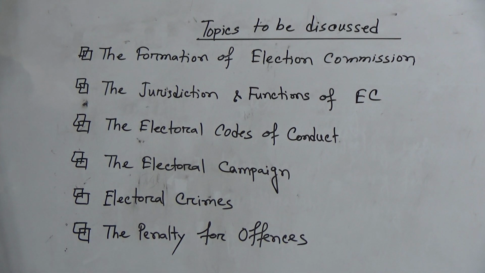Now we will learn the penalty for these offenses. What are the penalties? A person who is guilty of such corrupt practices is punishable with rigorous imprisonment for a term which may be 10 years. I repeat again, if any person does all these offenses, they will be punished with imprisonment of 10 years and shall not be less than 2 years. So minimum 2 years of imprisonment is the punishment, and maximum 10 years, and also with fine for election related offenses,